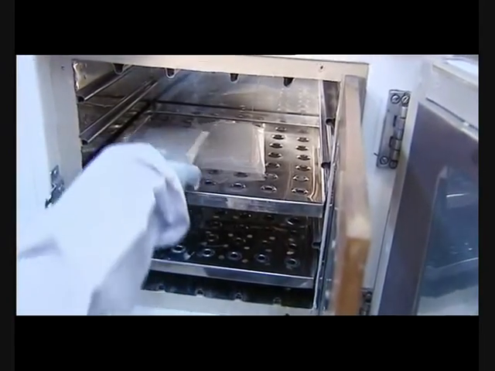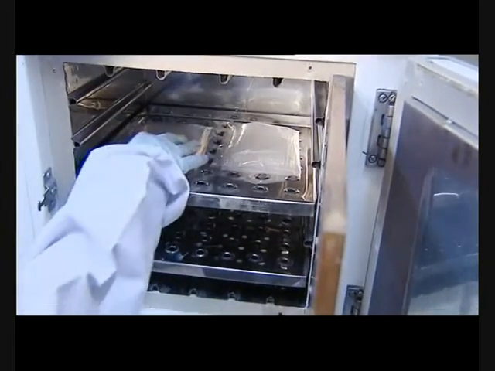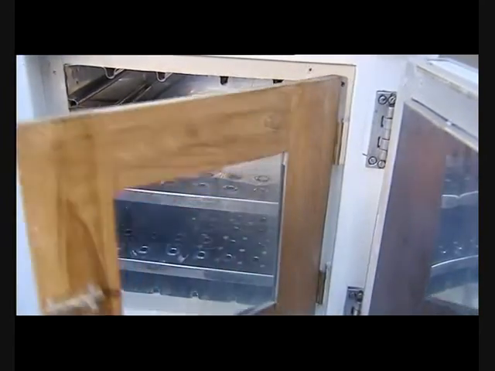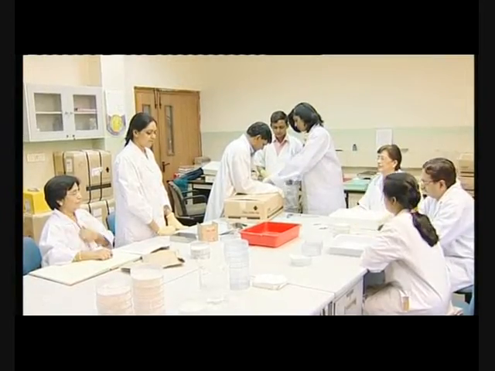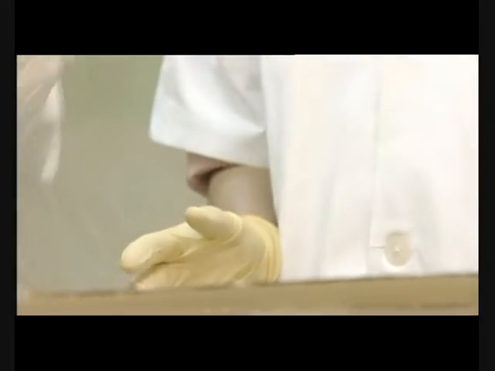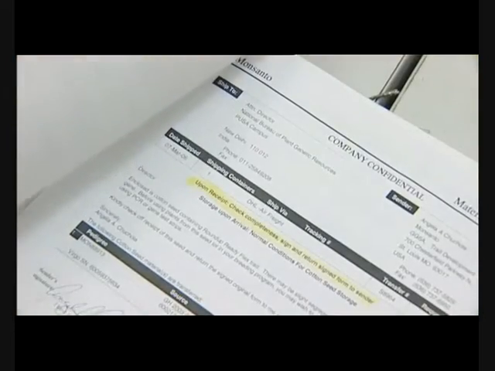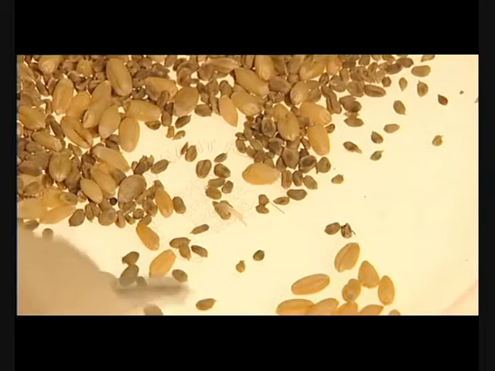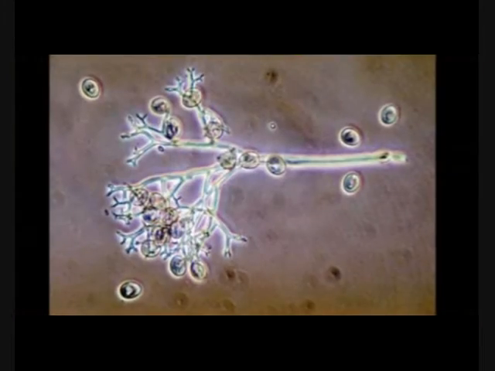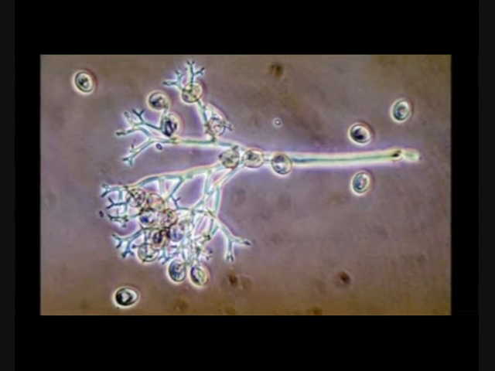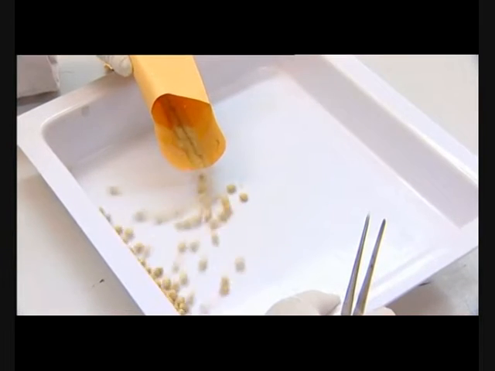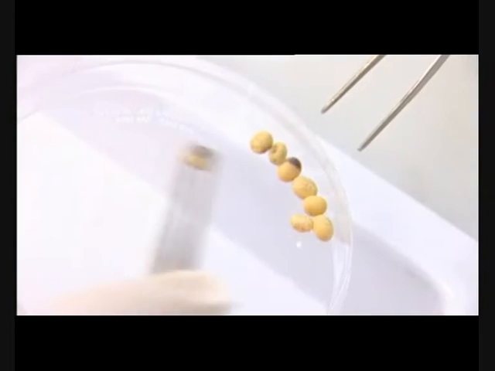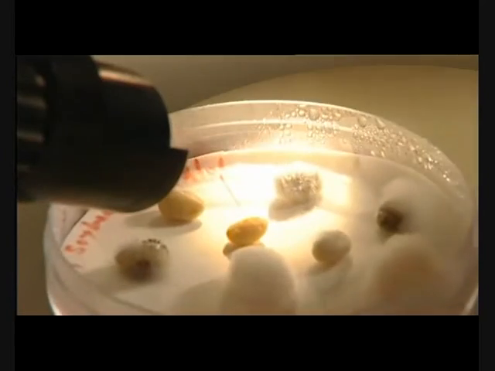About 70,000 samples are imported every year and all are subjected to quarantine processing. As soon as the samples are received, the details of the consignment are verified and documented, and the consignment is opened by a team of specialists for joint inspection to look for the presence of soil and deformed seeds, which may harbor pests and pathogens. Based on the health status, the seeds are subjected to specialized tests for detection of different kinds of